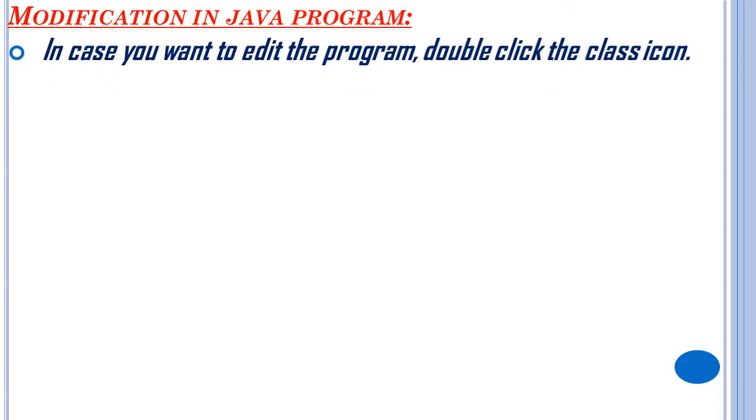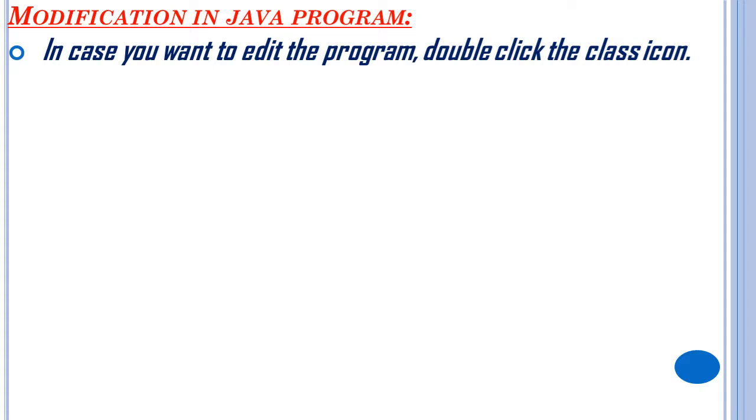In case you want to edit the program, double click the class icon. First you need to open the BlueJ icon. Afterwards you need to open the project. Inside which project your Java program is present, that project you need to open. Then the class icon will be present inside that project, right? Which class icon? The class icon where your Java program is present, that class icon you need